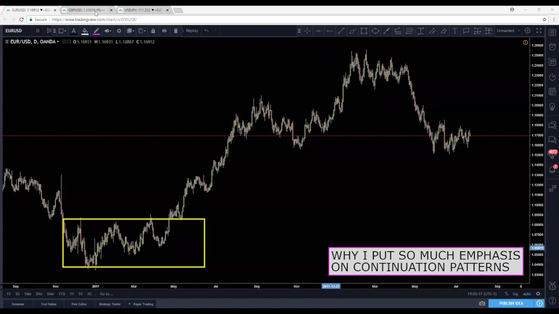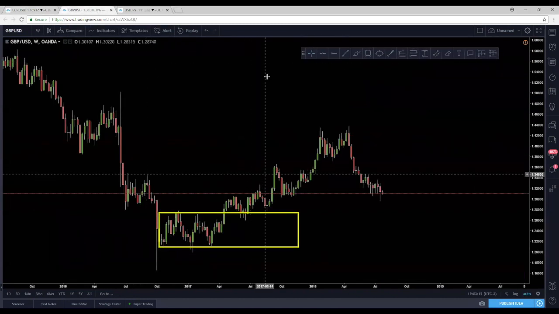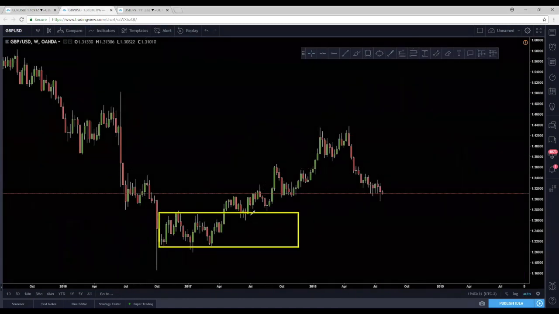Let's take a look at the next example on pound US dollar. So you can see once again that we were range bound. And remember how we stated before, for a trend to come about, you need a sharp movement in either direction, but it's not called a trend until we do have those 4 points validated. In this example here, notice how it comes about. We do receive a sharp push. And once we did break the high, creating short-term higher highs, we can validate that this initial impulse is now telling us that a potential bullish trend is forming.